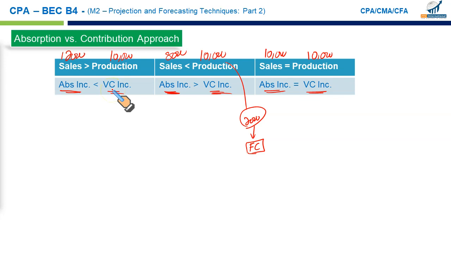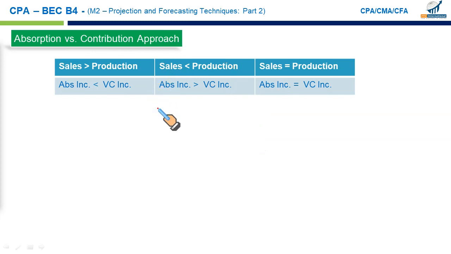Now remember, whether you are taking production versus sales or closing stock versus opening stock, let me write this down so you will be able to make sense out of it. Whenever the production is greater than sales, or conversely speaking, closing stock is greater than opening stock, this will always be the case when you produce more than you can sell. Your closing stock will swell, will become more than the opening stock. So you will have the same situation shown here.